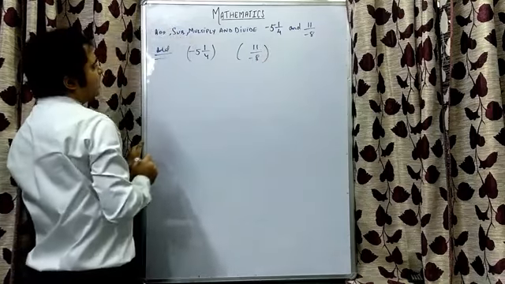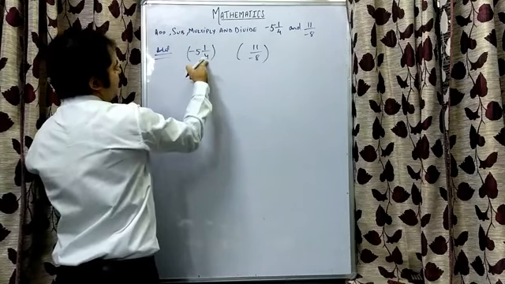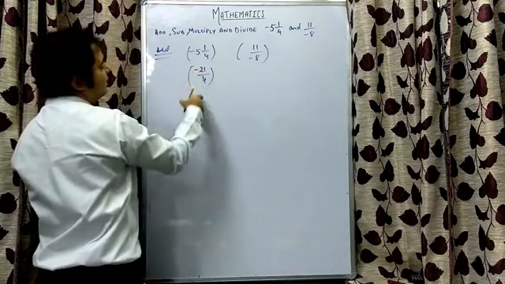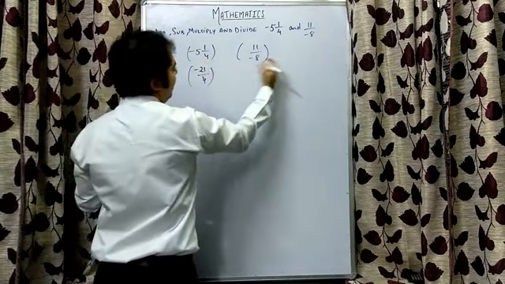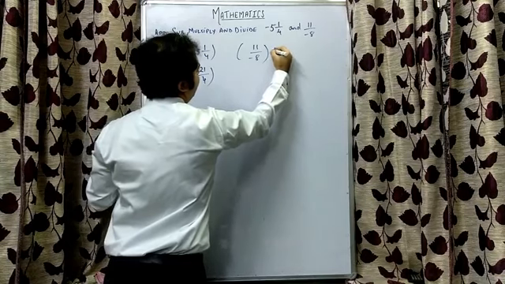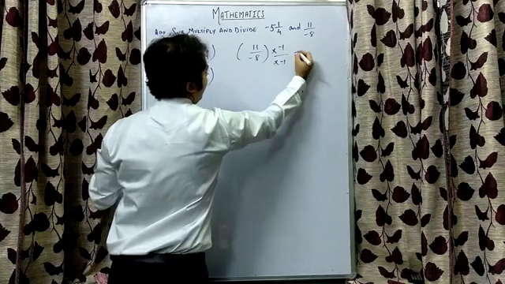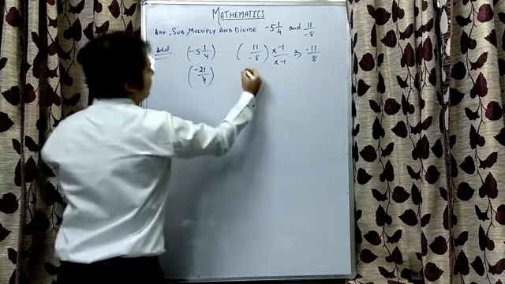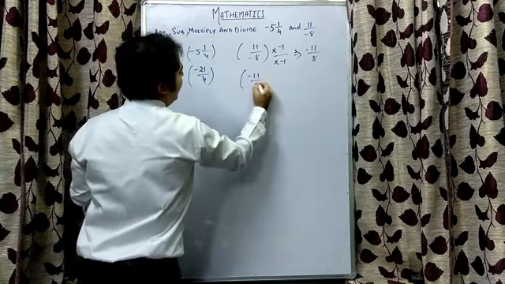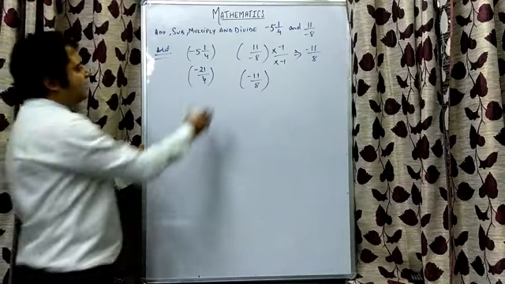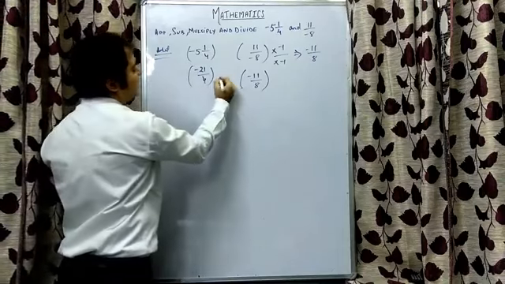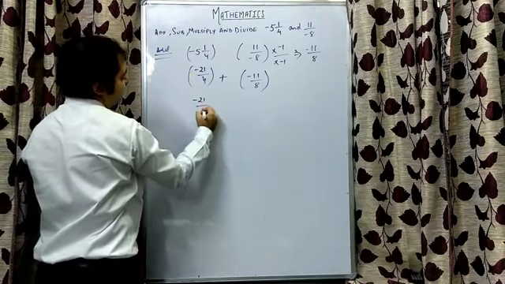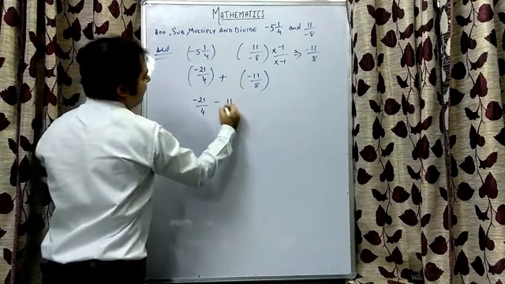The first thing I told you was to convert them into standard form. So 5 4s are 20 plus 1, that is minus 21 by 4. Right? This is mixed to improper. Now 11 by minus 8: what I need to do is multiply both the numerator and denominator by minus 1 so that it gets converted into standard form. So it became minus 11 by 8. Now I need to add both the terms, so I put a plus sign. Plus into minus gives minus 21 by 4, plus into minus gives minus 11 by 8.